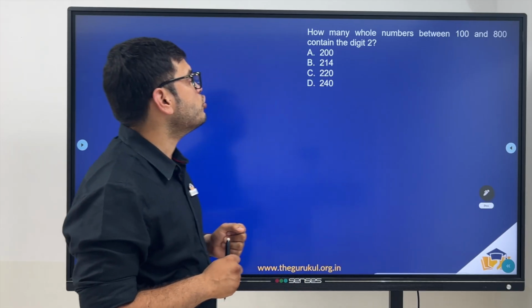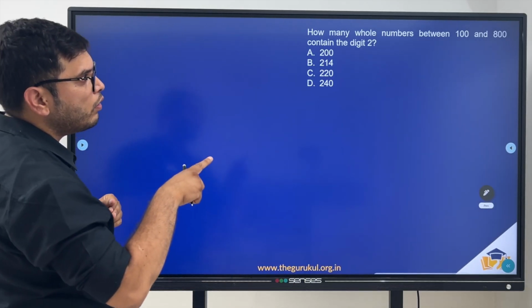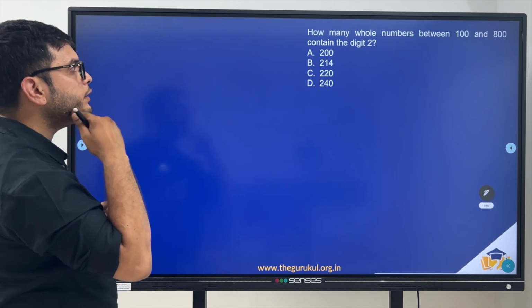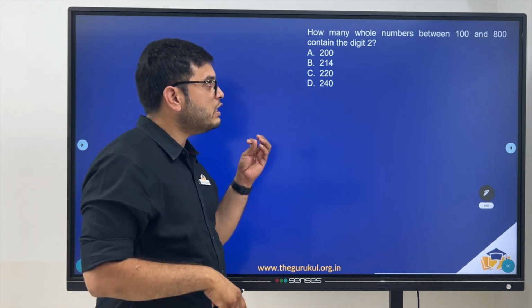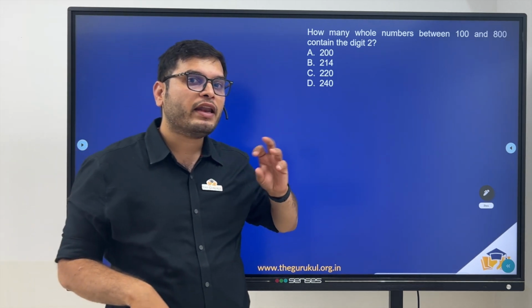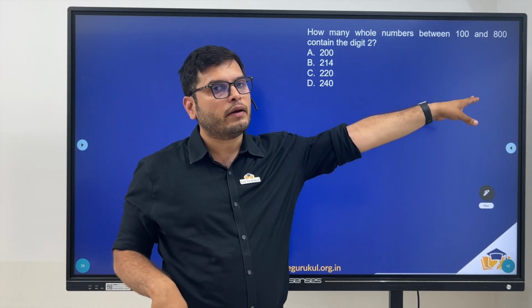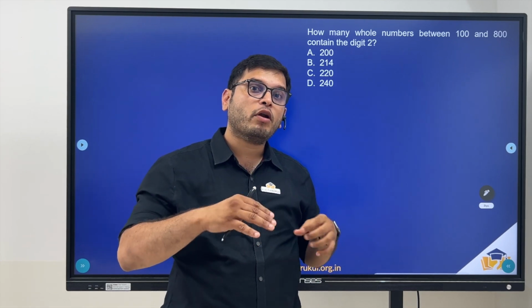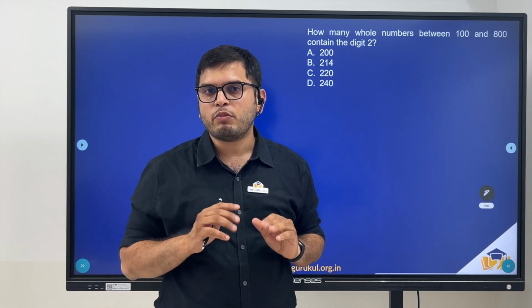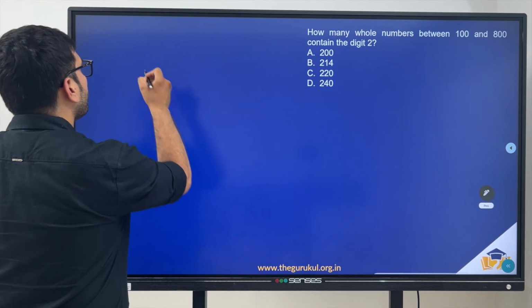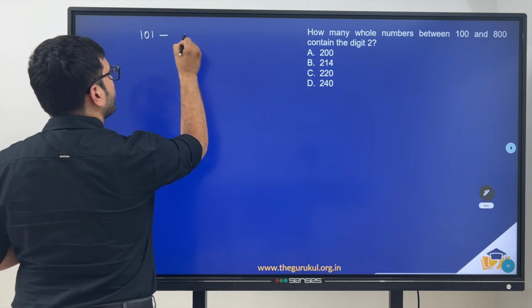Now coming to the fourth question. How many whole numbers between 100 and 800 contain the digit 2? Please be careful. We are not asked to find the number of times digit 2 has appeared between the numbers 100 and 800. No, we are asked to find the number of numbers that contain 2 as one of the digits. Right. Now we have numbers from 101 to